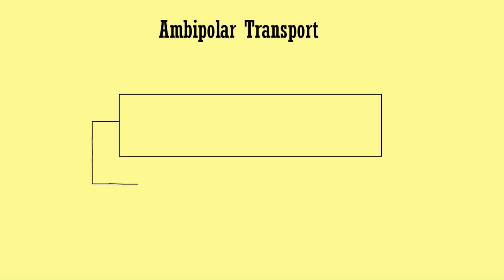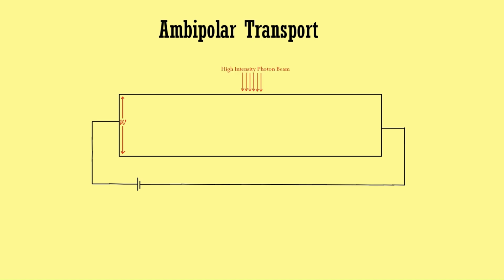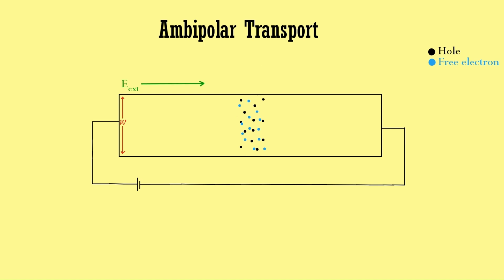Now, we have a semiconductor connected to an external battery. We will assume that the width W of the semiconductor is very thin. Now, a high intensity photon beam is introduced in the middle of the semiconductor. The intensity is so high that we can consider the generation rate of electron hole pairs to be uniform along the width of the semiconductor. Since the semiconductor is connected with an external battery, this results in an electric field